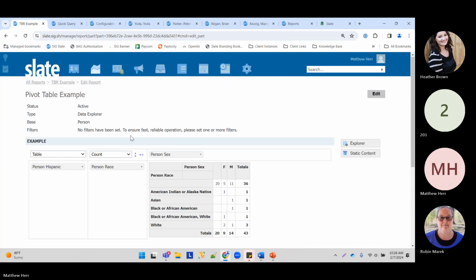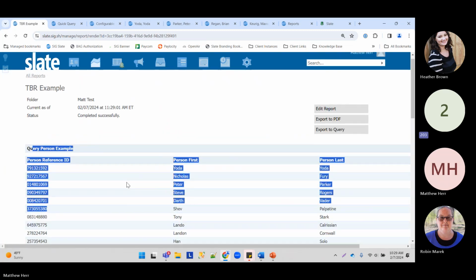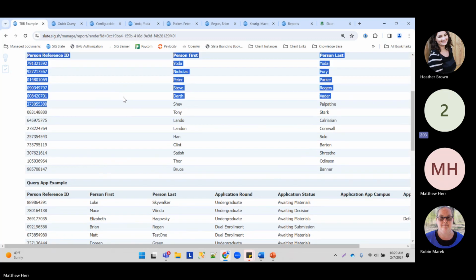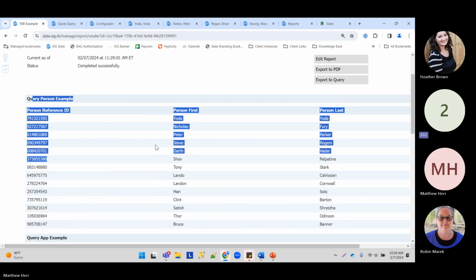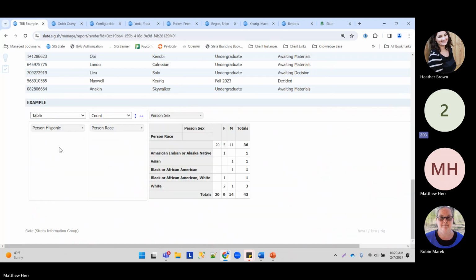So I'll show you what that looks like on the main page. So now we have our query person example, just lists a bunch of people, and each of these are independent entities. So any filtering we do here does not affect the filtering that goes on here, which does not affect the filtering that goes on here. So this is where it's really beneficial to